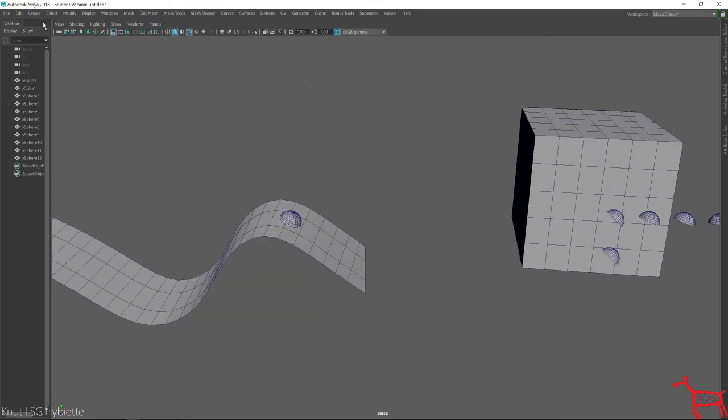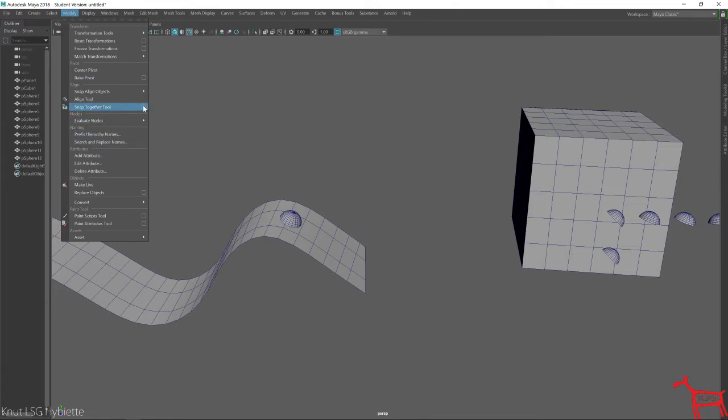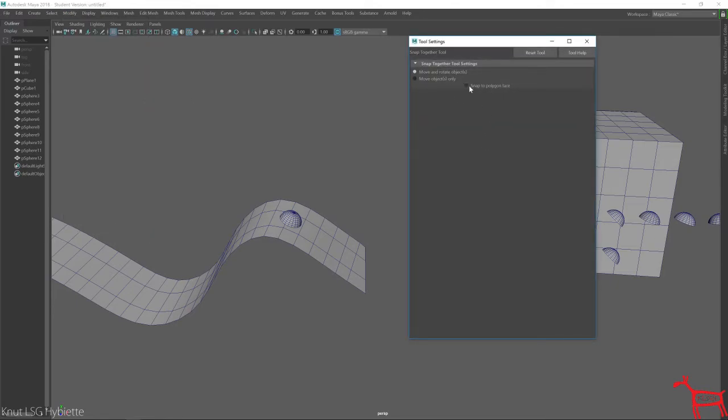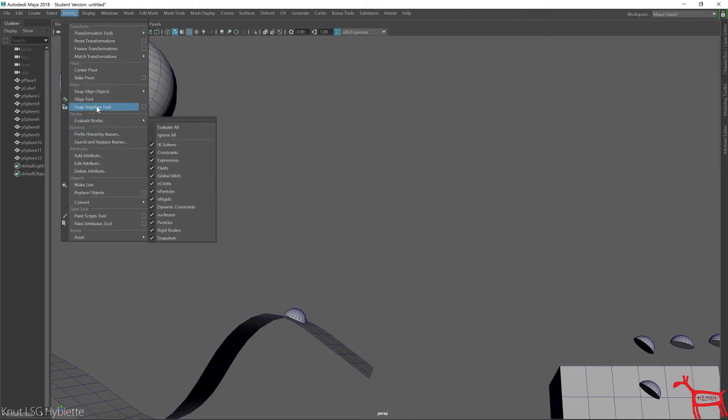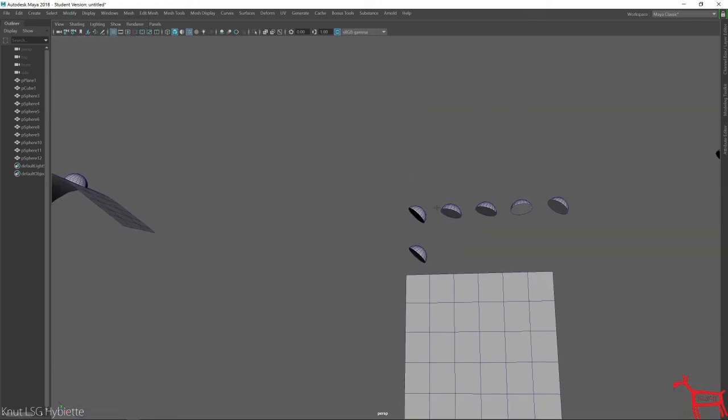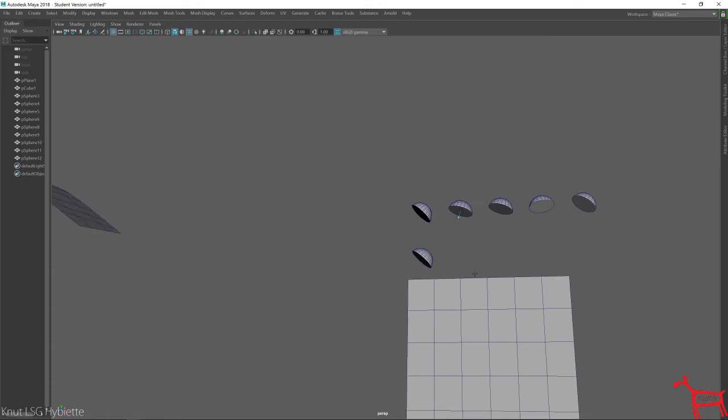The Snap Together tool has this other option you can do. You can hit the snap to polygon face, and what that means is it will line up the middle of the face. So click this, and if I select this, now I select this, it snaps it to the middle of the